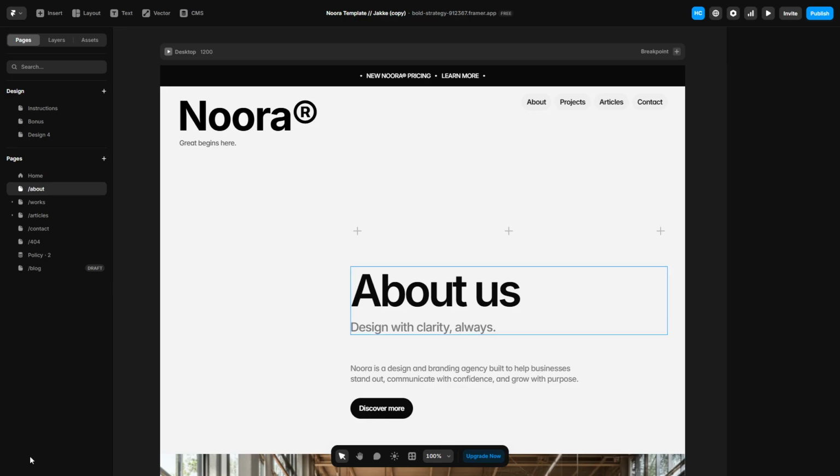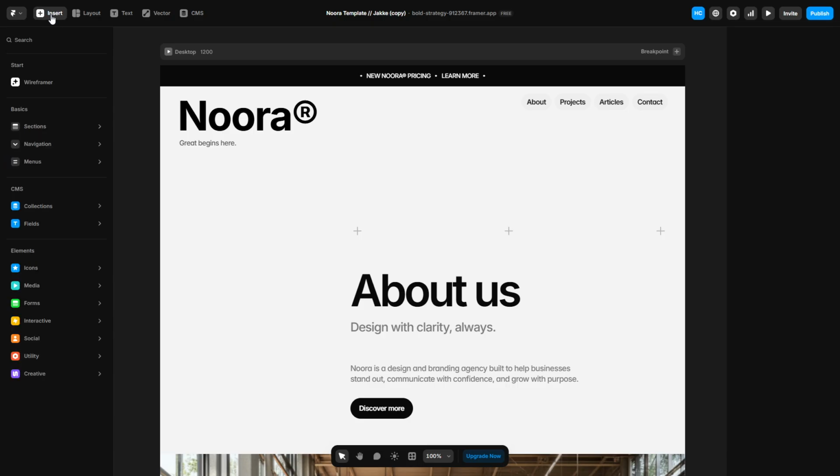Let's start by opening up the Framer editor. Whether you're starting from scratch or working on an existing project, the steps remain the same. Once you're in the editor, you'll want to navigate to the Insert menu. This menu is available at the top of the screen, and for quick access, you can also press the I key on your keyboard. This will bring up a drop-down with a variety of options you can add to your